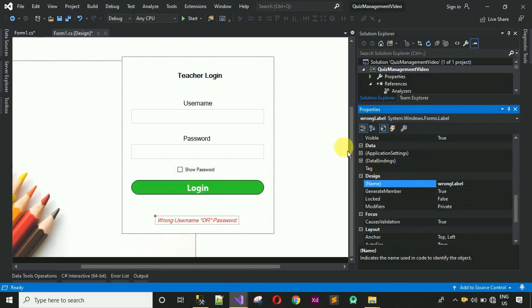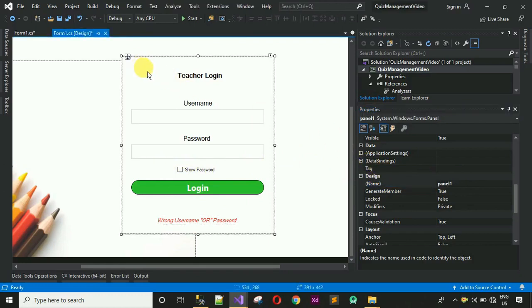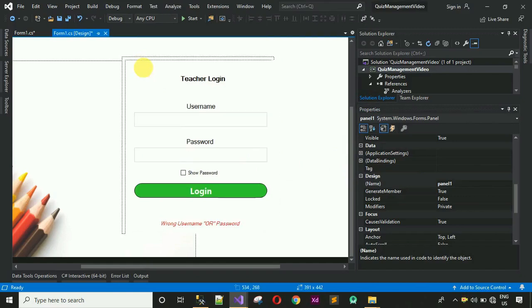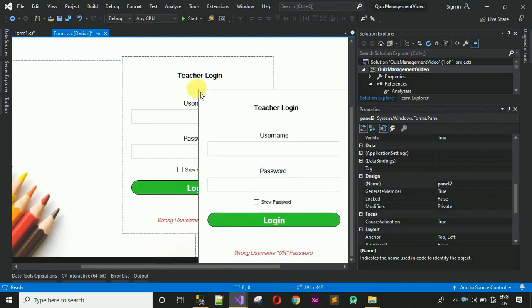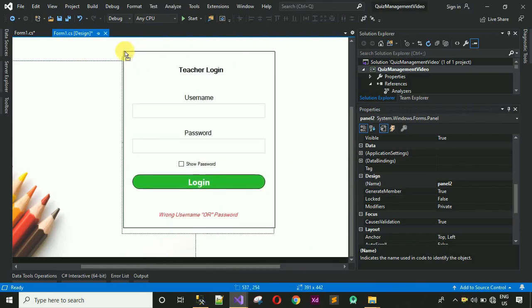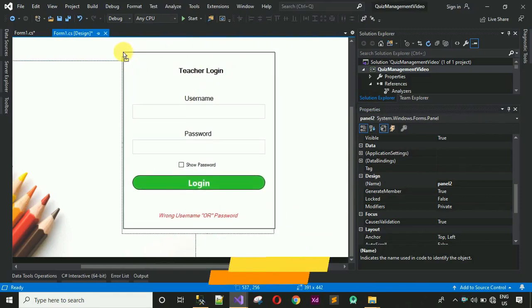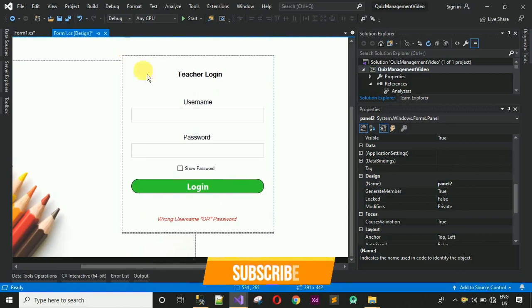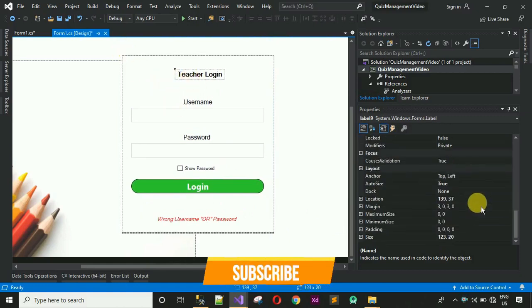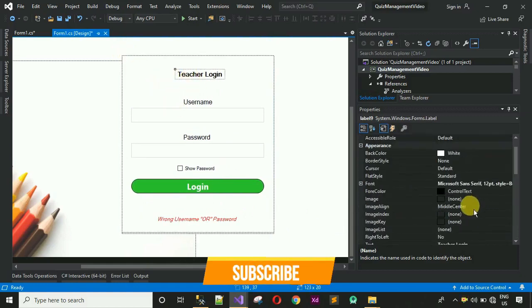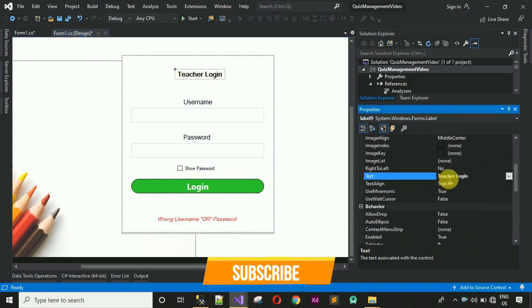After this, what we have to do is we have to add one more panel. So I'm just going to do one thing, that is nothing but just copy this panel and paste it once again, and this will copy all the controls inside this one. But this time I have to just remove a few controls. I don't need all of these. Change the design name, that is the label name. Change this one to student login,